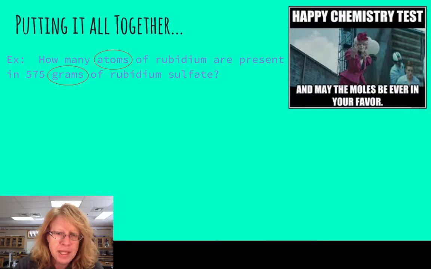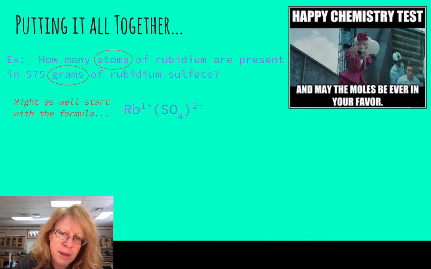Okay, starting it off. Yep, got to start with the formula. You know you're going to have to do molar mass, so you might as well just start with the formula. So make sure that you figure out where rubidium is. If you haven't found it, it's on the bottom left of the periodic table somewhere. Rubidium is a +1. It's an alkaline metal. Sulfate is one of our polyatomics. So again, sulfate's SO4 with a 2- charge. So by the time we finish writing our formula out, there it is,